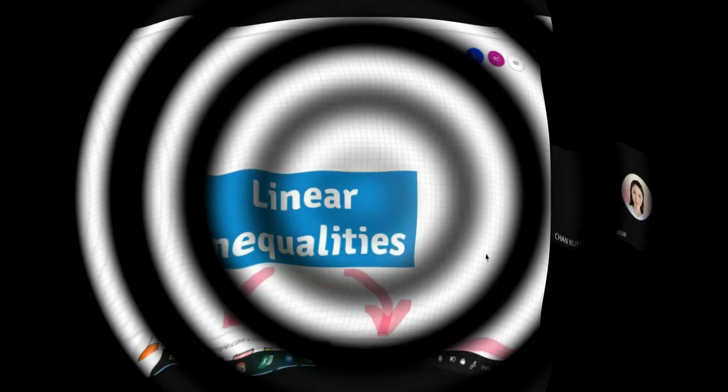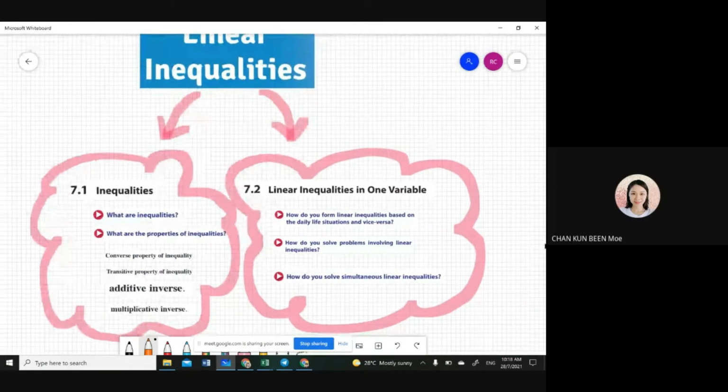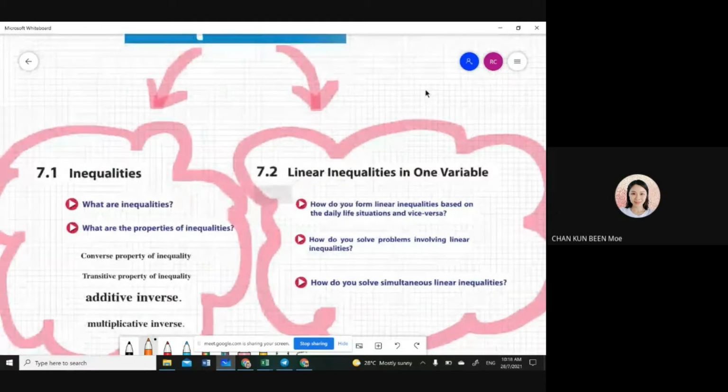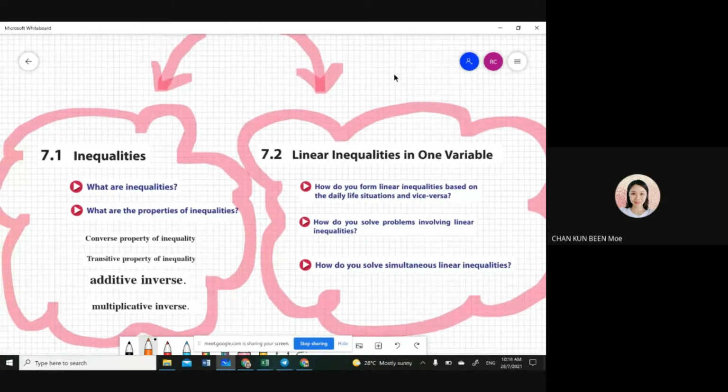The new subtopic. You can see I use the previous, what do you call it? The tree diagram over here. This is what we learned in the previous lesson: the converse, transitive property, additive inverse, multiplicative